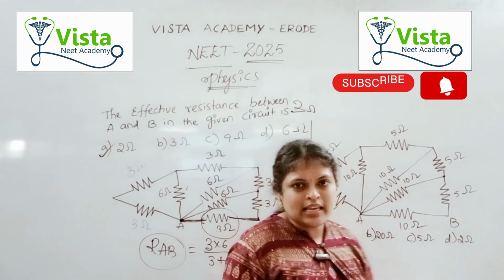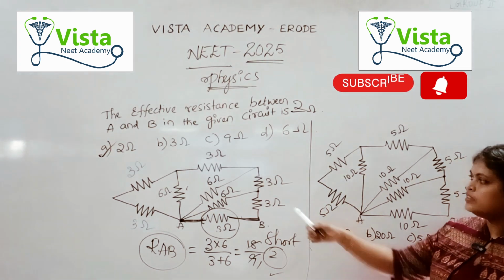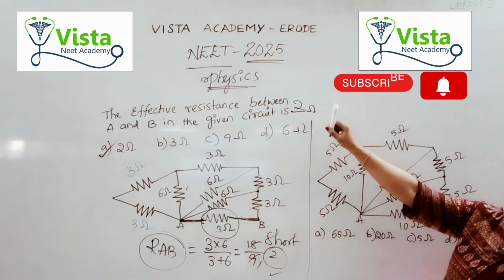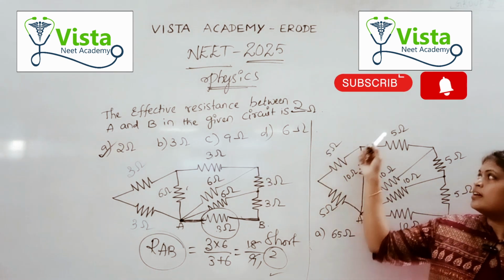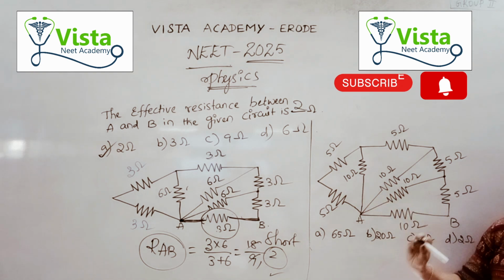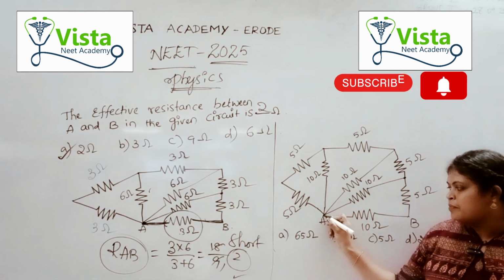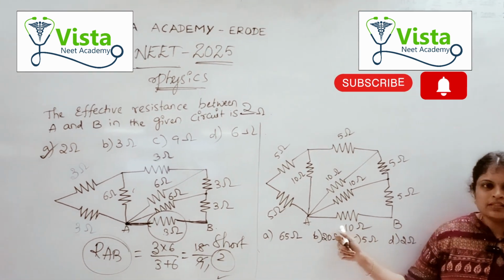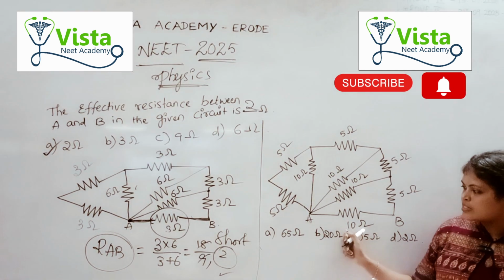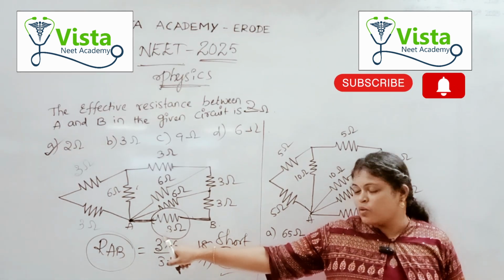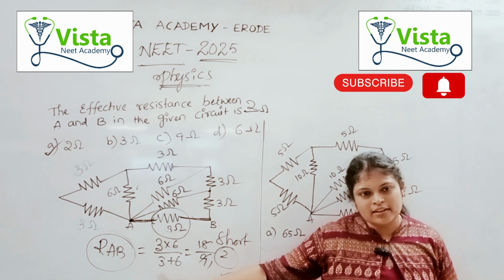Now let us see a similar question which is related to the same. The effective resistance between A and B in the given circuit we have to find out. Here all the resistors are connected with 5 ohms and 10 ohms, right? So here just remember that A and B is connected with the higher ohm resistor, meaning the higher digit number. So for the condition when it is the smallest number, we have done parallel connection, right?